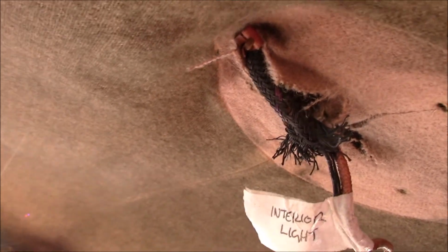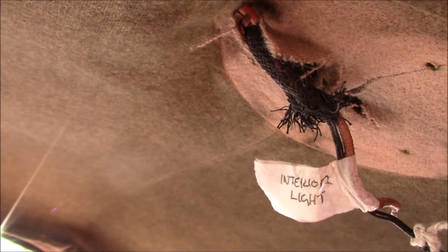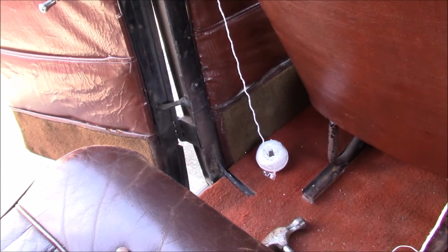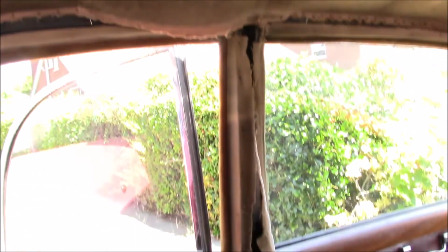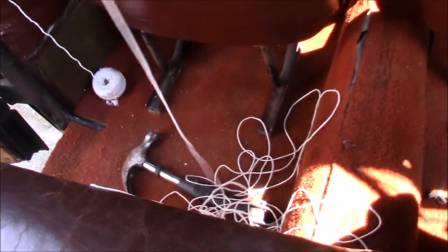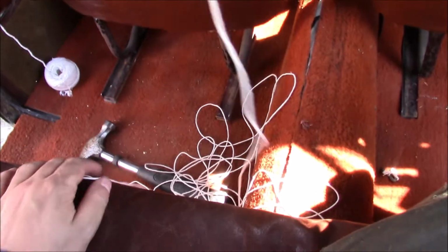So hopefully pull that one out there, and then this will be free. Fingers crossed. Right, we're getting there. So I've left my bobbins string connected. So that one now follows the route that the old wiring loom did. This one for the interior light is also following the same route. This one I've snipped off. I've just left loads and loads of string so I can get all the way to the back of the